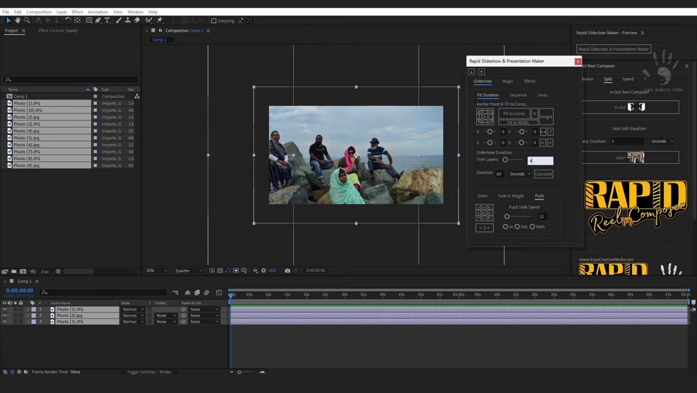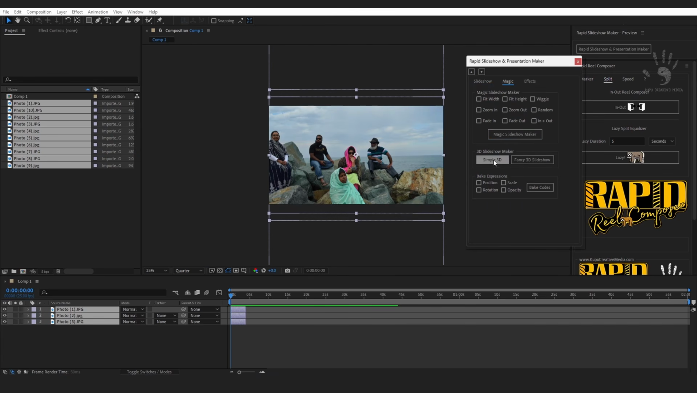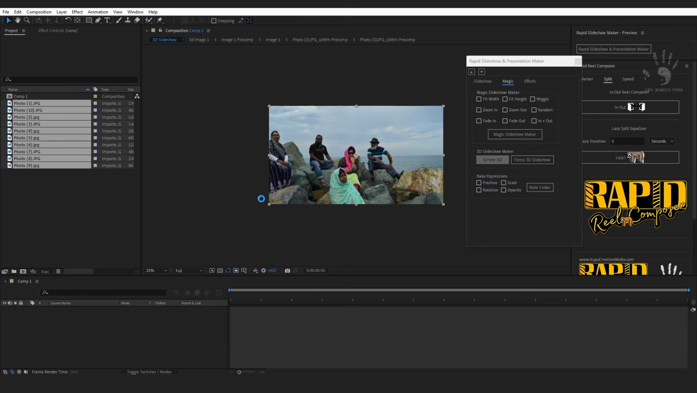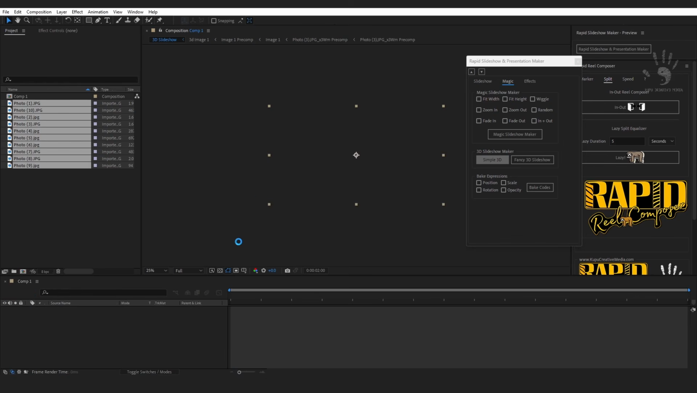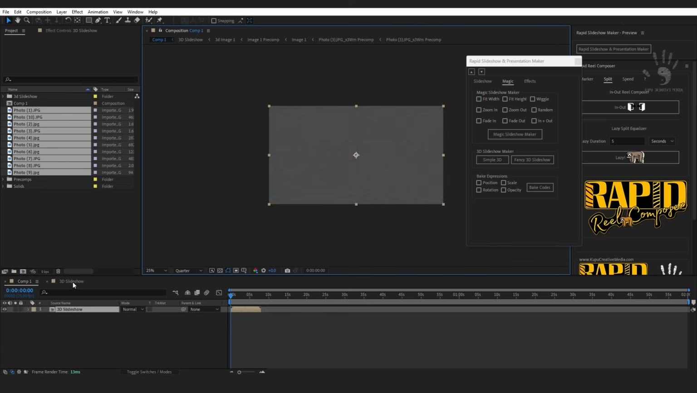Make it 4 seconds long. We want to fit to the width, and just click on the simple 3D. It will take some time to create some other stuff, and it will be ready within a minute. And it's done. As you can see, we have